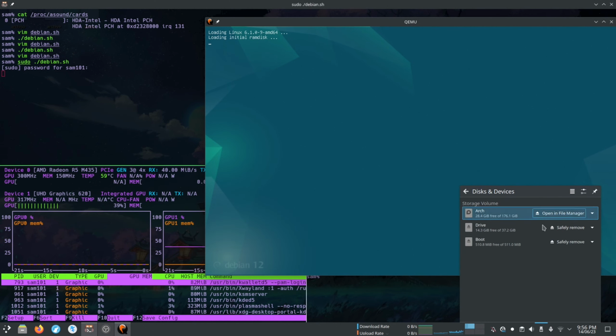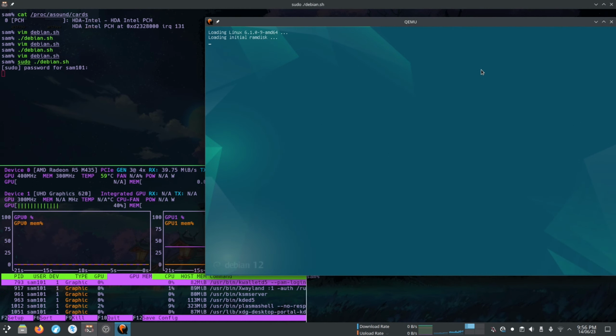And look, our USB automatically got disconnected, which means the USB device is now connected to our VM.